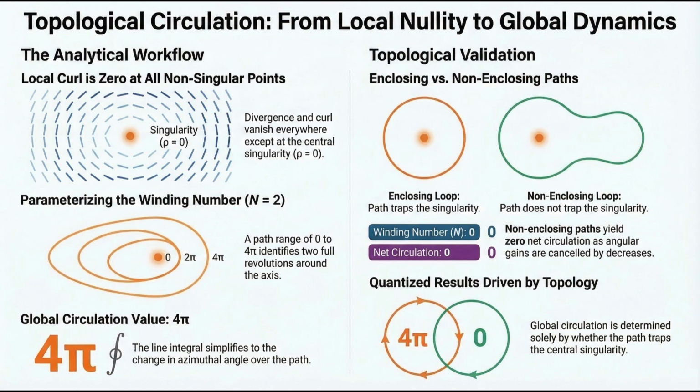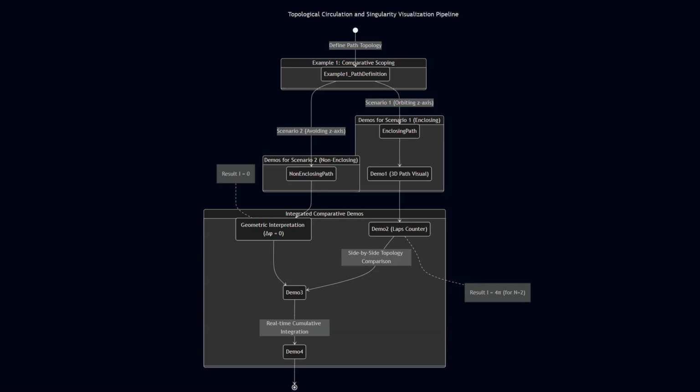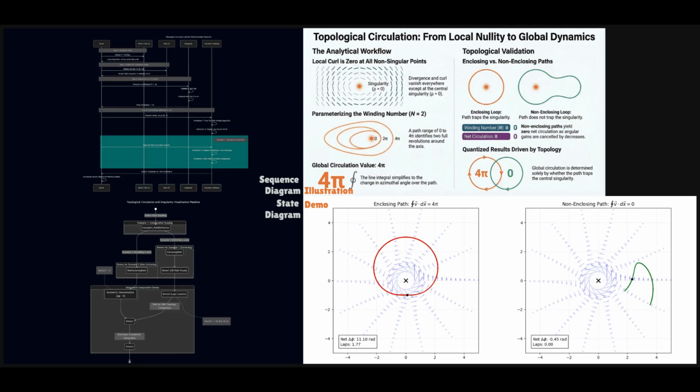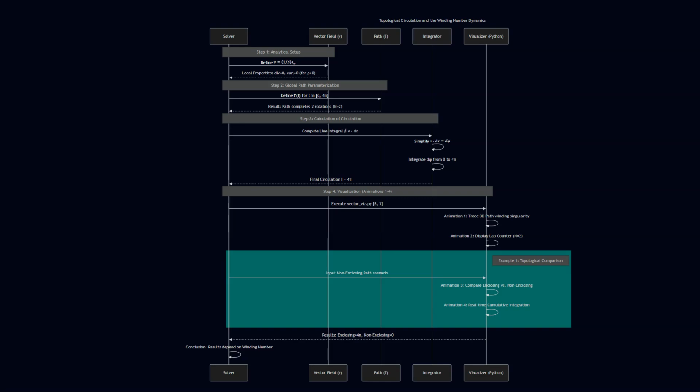Verification: it illustrates how the solver uses a visualizer to confirm the winding number theory, showing that the final result is a direct consequence of how many times the path orbits the hidden center. Integration: it captures how different scenarios, enclosing versus non-enclosing, are processed to validate that some paths cancel their own progress